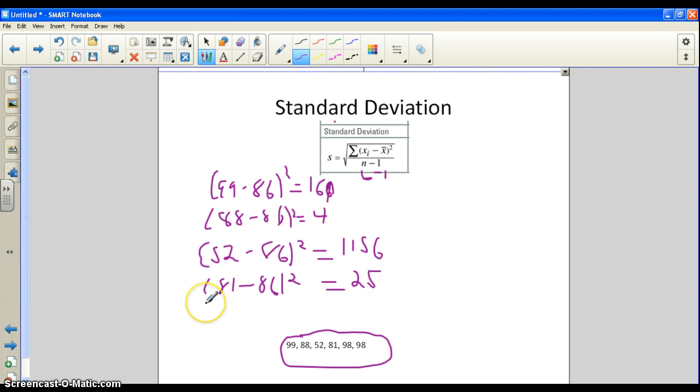Okay. 2 more left. So we have 98 minus 86 squared. This one I can also do in my head. 98 minus 86 is 12, and 12 squared is 144. And what made it easier is that there's 2 98s, so I don't have to do the next method. We're just going to get another 144. So then I'm going to add all those up. So 169 plus 4 plus 1056 plus 25 plus 144 plus 144 is